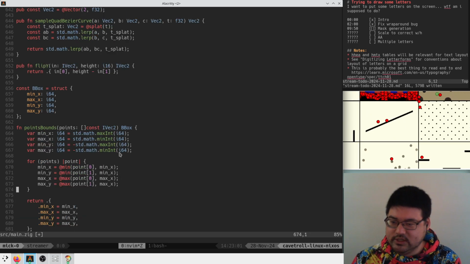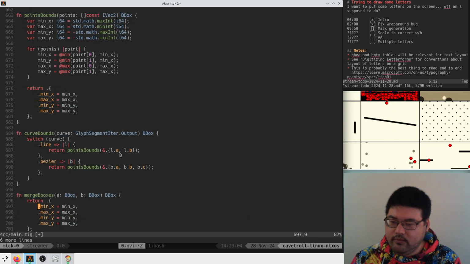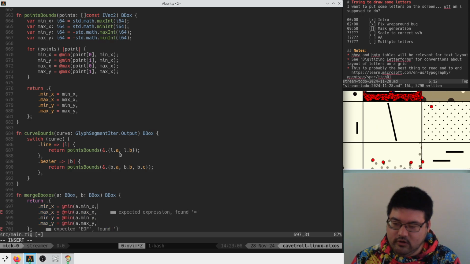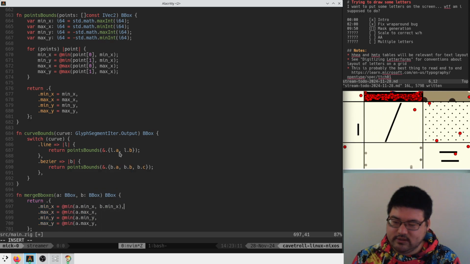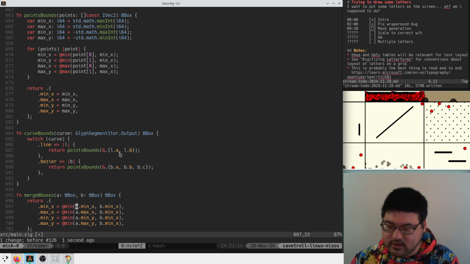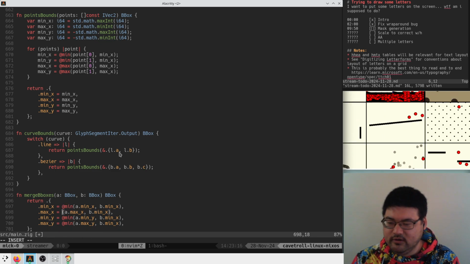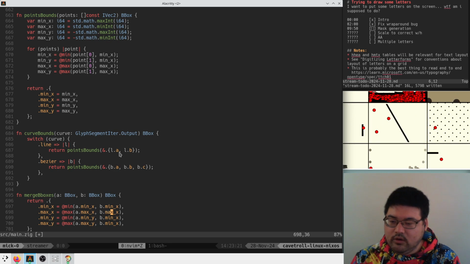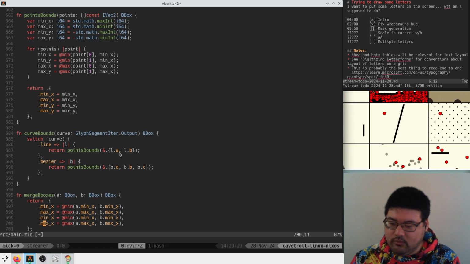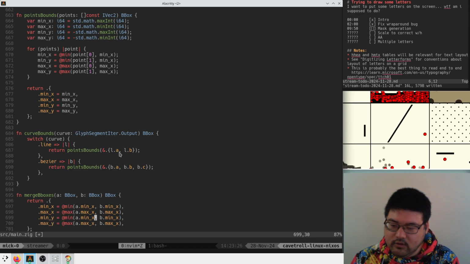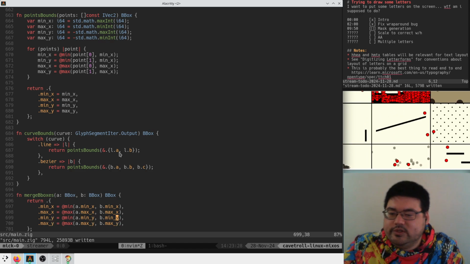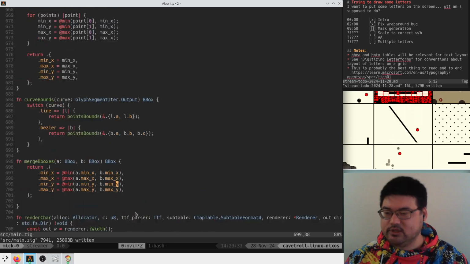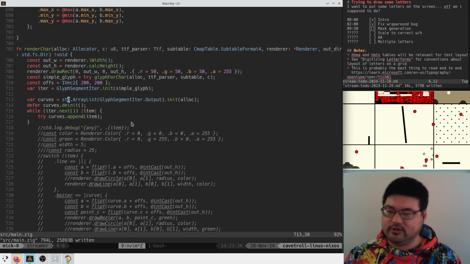And this is literally just min of a dot min x and b dot min x, like this, and then we have to make sure that everything is matched up. So max is the max, and then here we just replace x's with y's, I guess. So min, max, max, max, min, max, max, max. Chillin'. Okay. So then we say total bbox